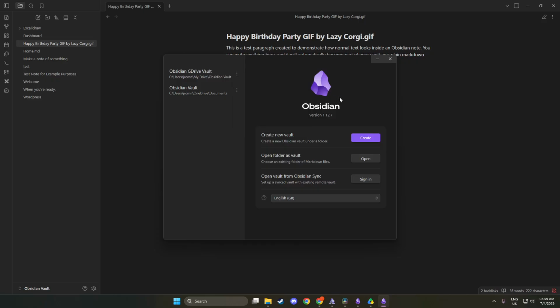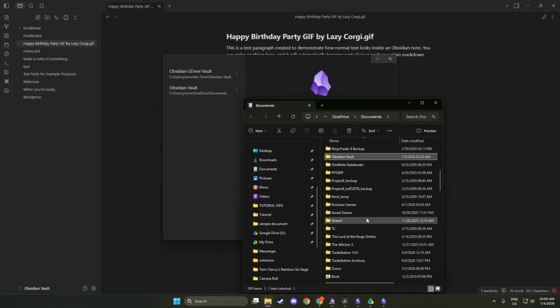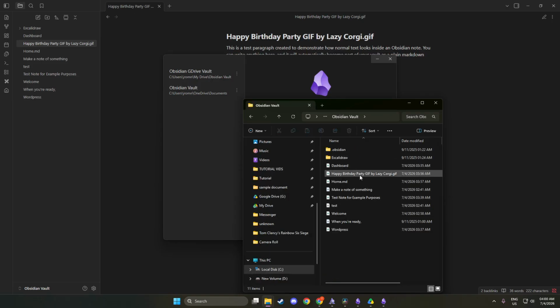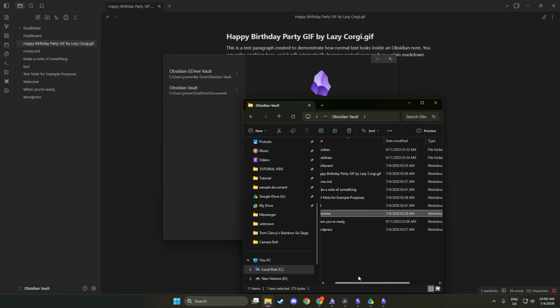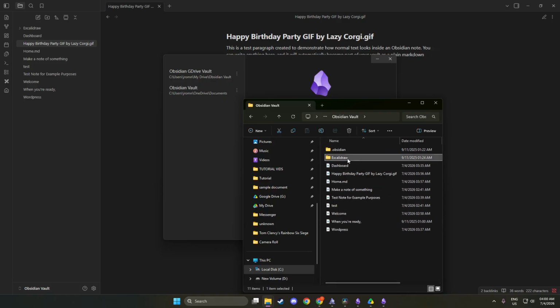Once you have accessed the folder, take a moment to familiarize yourself with its contents. Look at the various files and folders present. This familiarity can be helpful when you need to find specific notes later on. Understanding your vault structure is crucial for efficient navigation in the future. You may want to take notes or make a backup of important files while you are here.